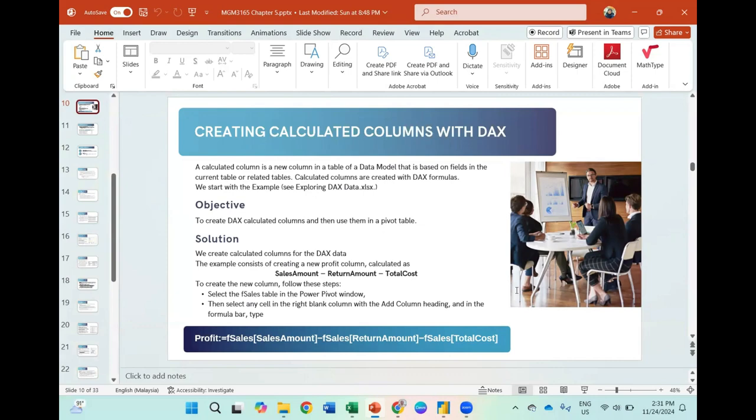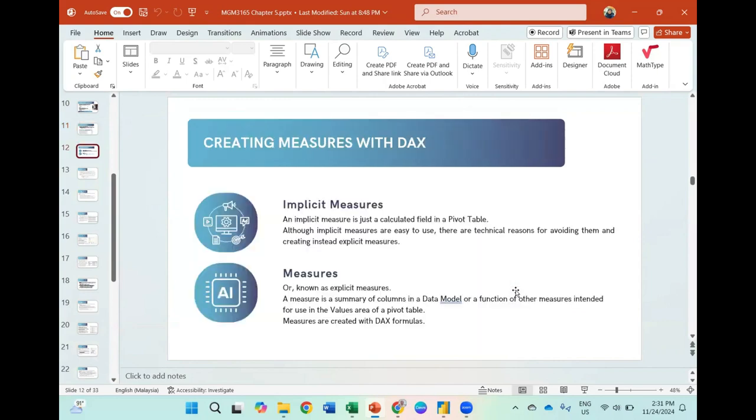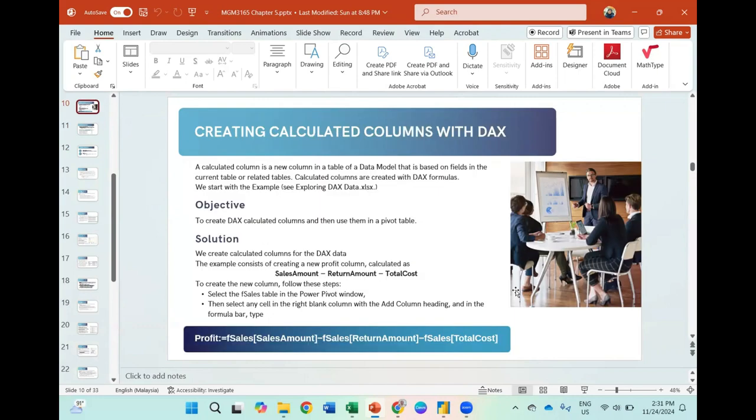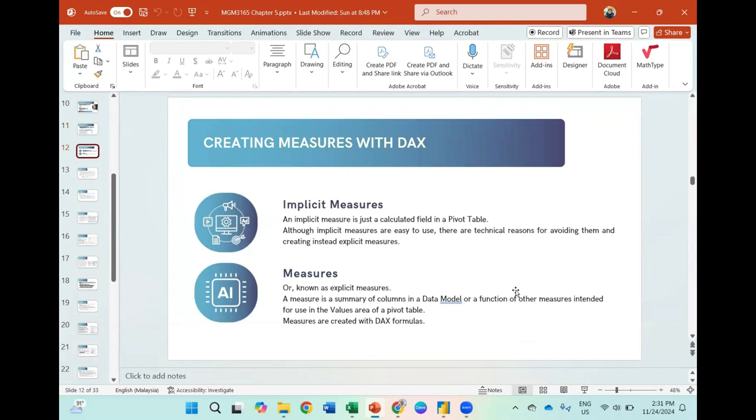So, calculated columns. Then we will use the function RELATED in Power Query, to relate with other tables. When we create a new calculated column, that refers to implicit measures, so implicitly you have one column.